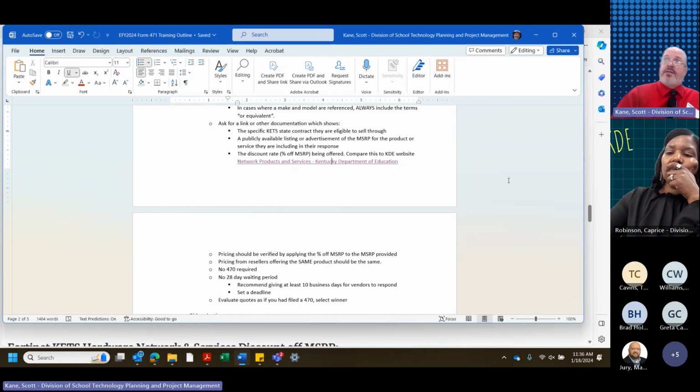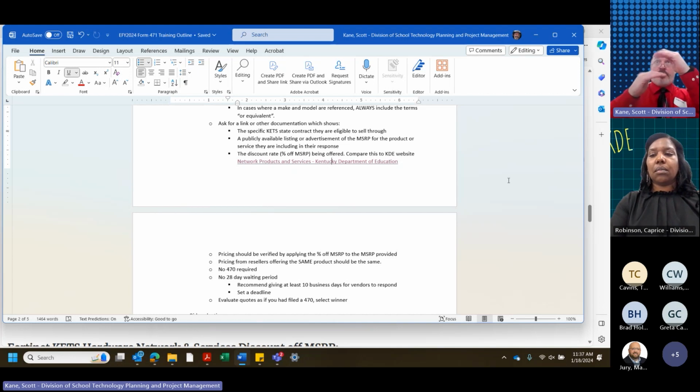This also brings to the fact that if you get multiple responses under the same contract holder, their pricing should be the same. Okay? So you should not be seeing something where these two resellers are under, I'm just going to use Extreme as the example. Bless their hearts. I'm not really picking on them, I promise. You get those two, and those two give you different pricing for the exact same model number. You know there's a problem there somewhere, that somebody's not using the correct MSRP.